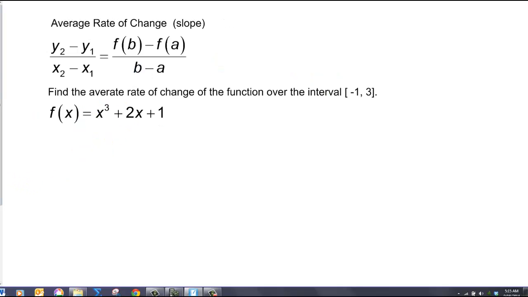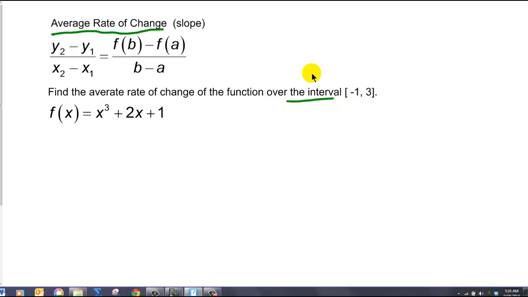Next, we're going to talk about something called the average rate of change, which sounds very difficult, but it's actually just the slope. And we know slope as y2 minus y1 over x2 minus x1. Putting that in function notation, given 2 points, f of b minus f of a over b minus a. So here's an example question. We want to find the average rate of change of the function over the interval